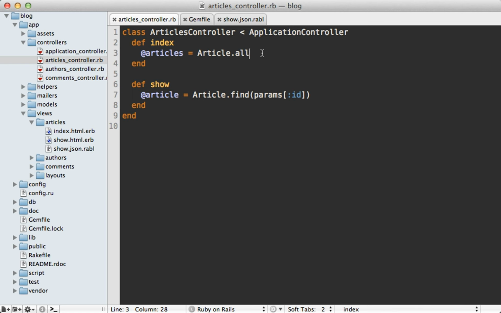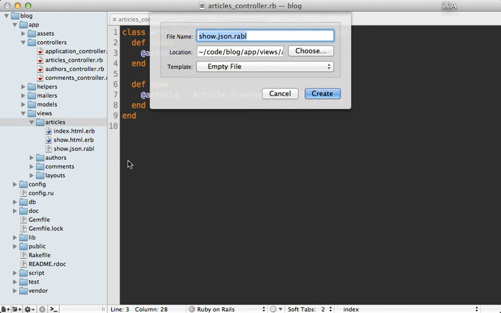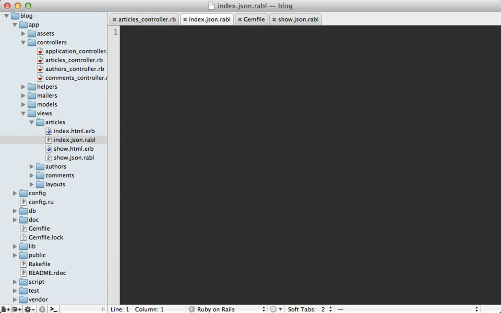Well, this is where I think Rabl really shines. All we have to do is create a new Rabl template for this index action. So it's called index.json.rabl. Now instead of calling object here, since we're working with multiple articles, call collection, then pass in all the collections into that. And if you want to, you can define what attributes to use for each of the articles